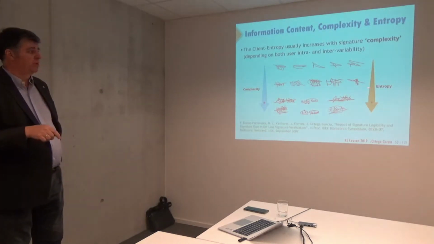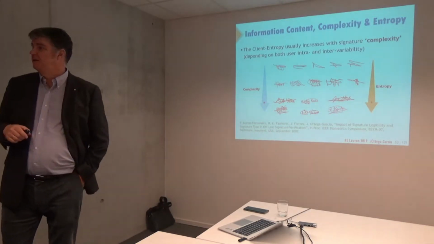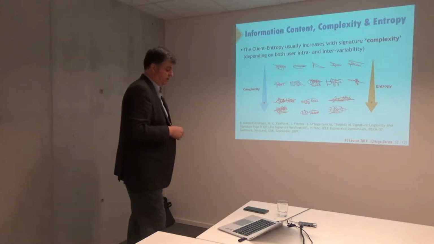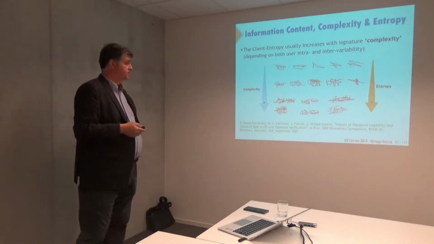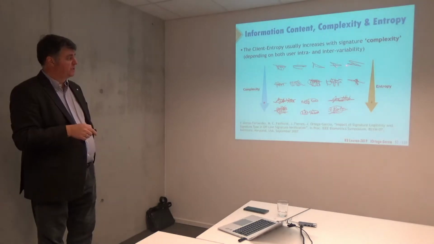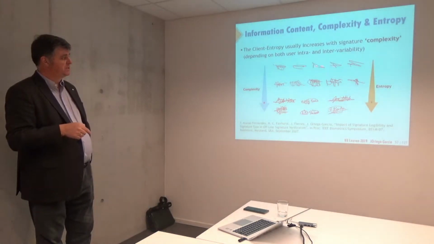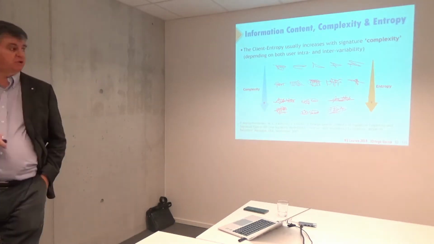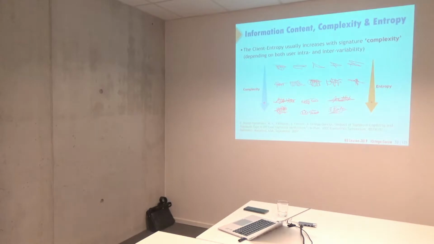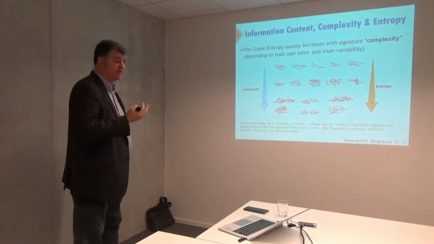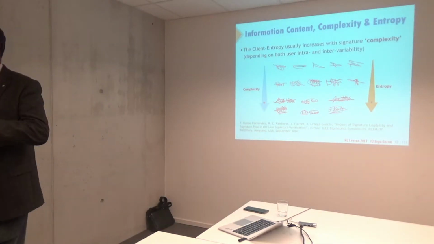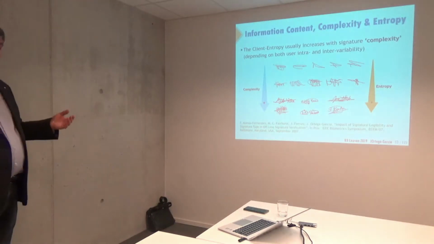Another problem is the problem of entropy or complexity. We have very different kinds of signers. Okay, so this could be a simplified signature, and this could be a very difficult one. So if you characterize that in terms of entropy, you can do it better. If you can divide the problem, you will do it better. Divide and conquer, no?